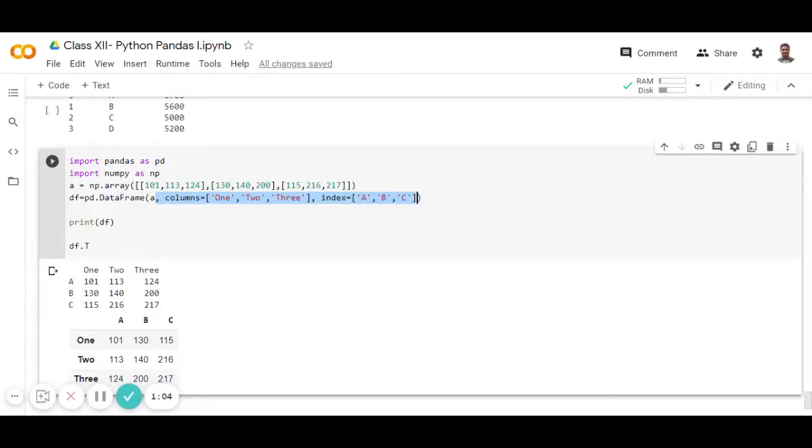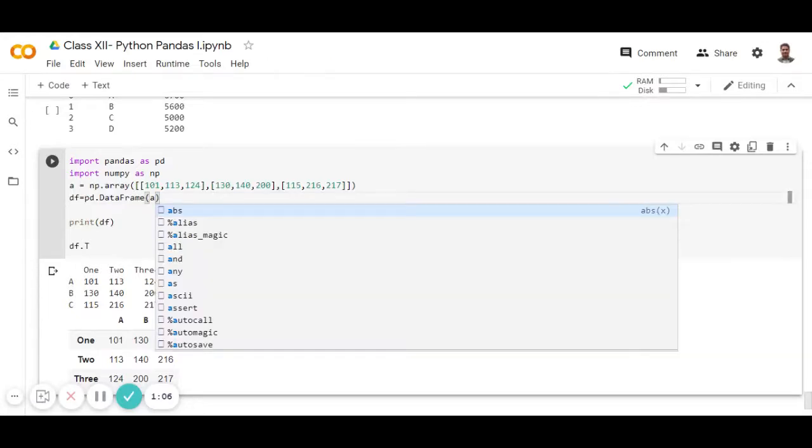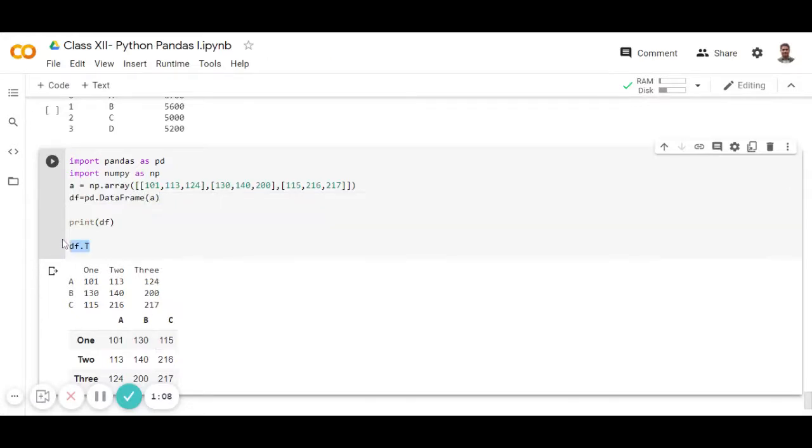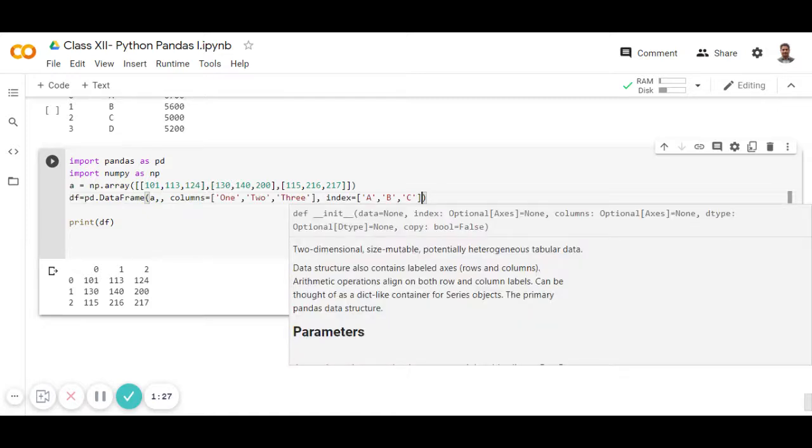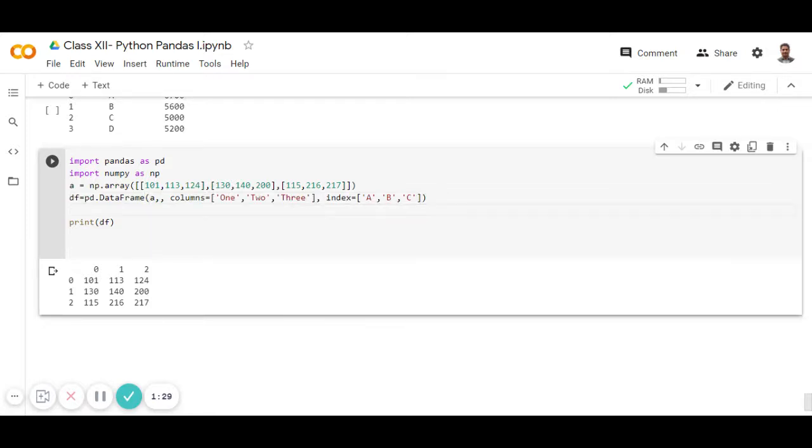If we simply use this command, it will show the data frame with default columns 0 1 2 and default indexes 0 1 2, but we can change these indexes and columns by giving the column and index clause. Here I have given the column clause 1 2 3, so the column names will be replaced by 1 2 3, and the index will be replaced by a b c.